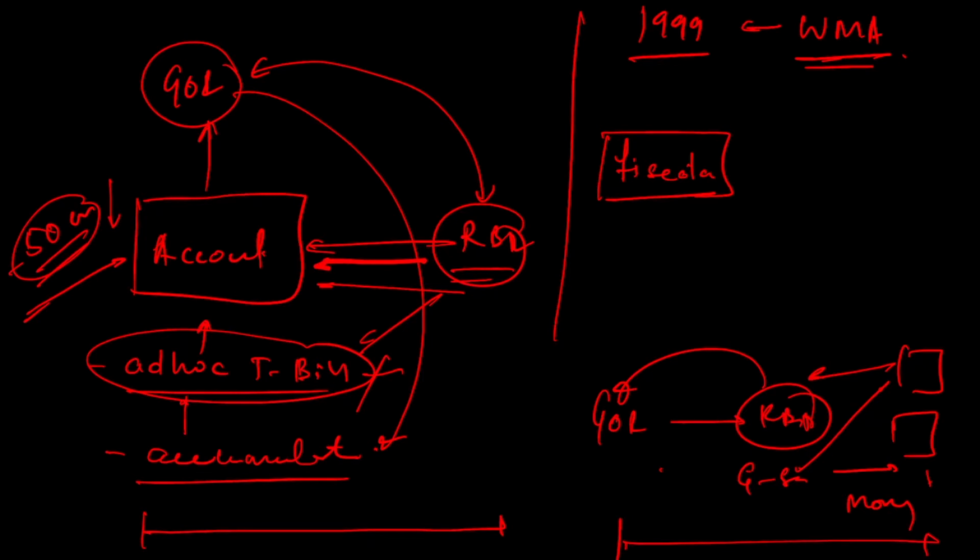But when it comes to issuing ad hoc T-bills, RBI wasn't taking this money from the market, and this would ultimately result in pumping of additional money for which there is no space, right? So this was the whole mechanism which existed before 1999, after which RBI decided, let us no longer continue with this particular mechanism. So in 1999